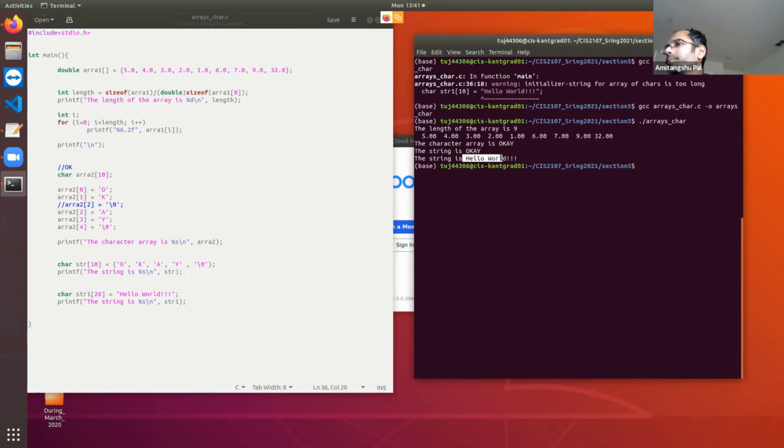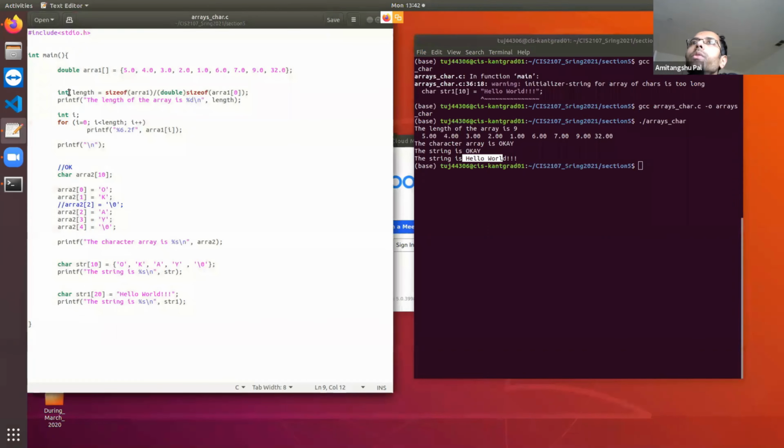Okay. Now with this understanding, let's write a method that is going to count the number of characters in a character array. Here I have shown you how to count the number of elements in this double array, or the same process applied to integer.